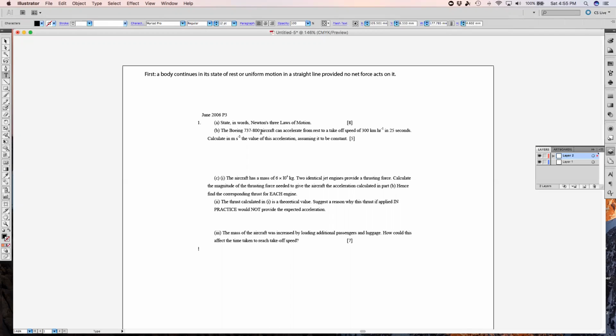Right, a body continues in a state of rest or uniform motion in a straight line provided that no net force is acting. And the second law says that the net force